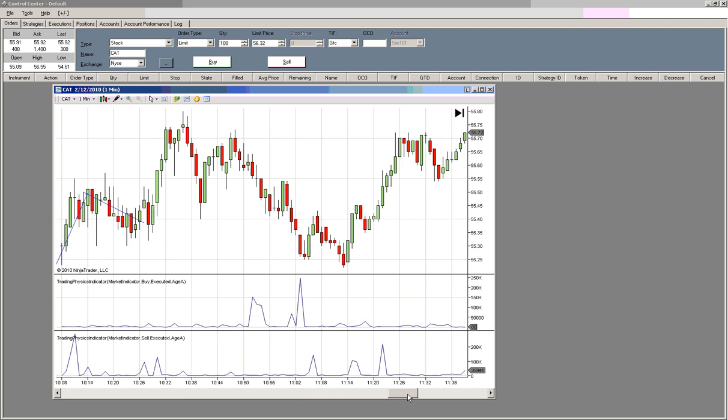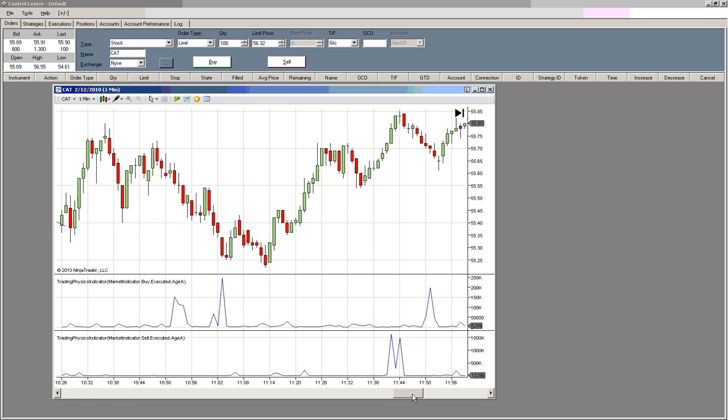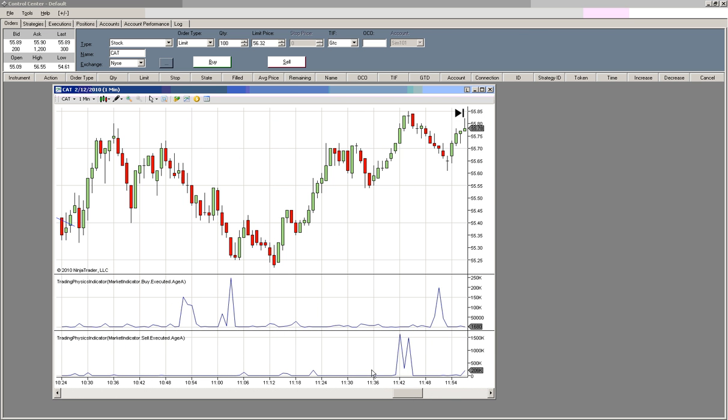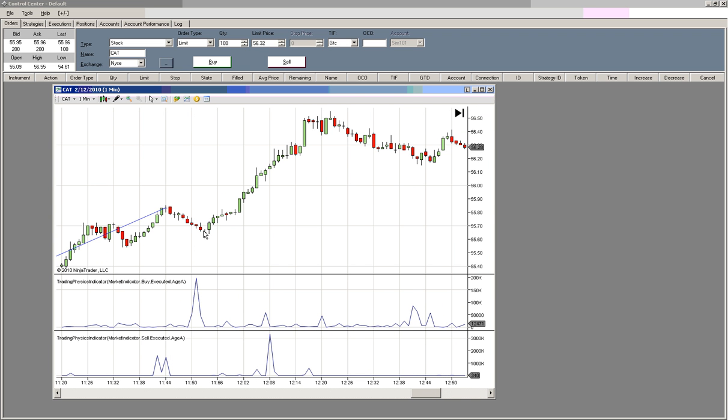and you would probably use this strong signal as an entry point, because again it's a bottom, since buy executed is at a strong peak, and wait all the way until you see the sell signal here, and we have another bottom signal here which lasted all the way till here,